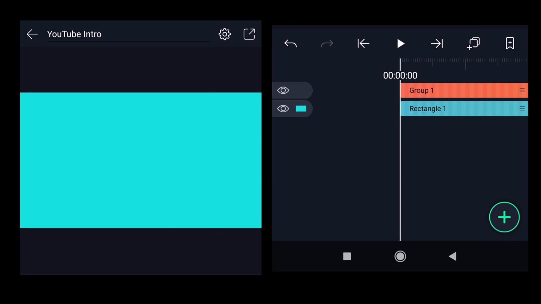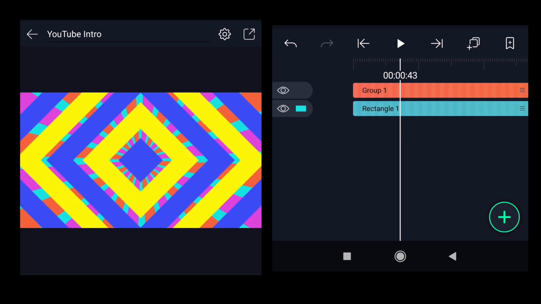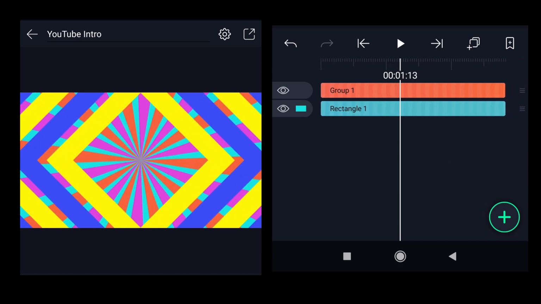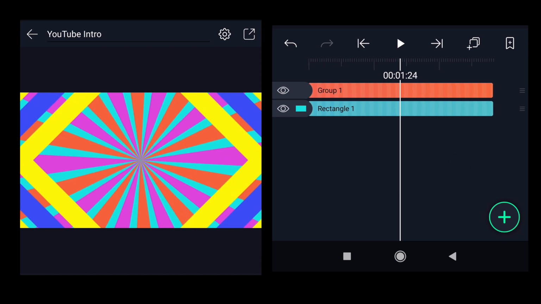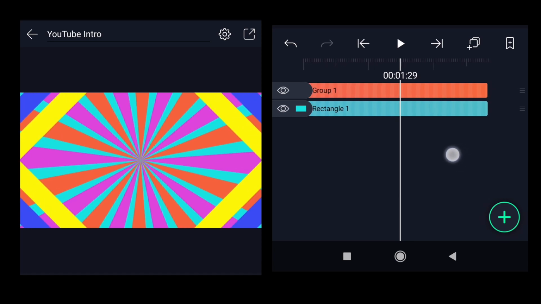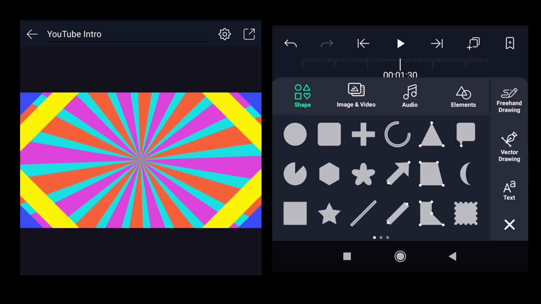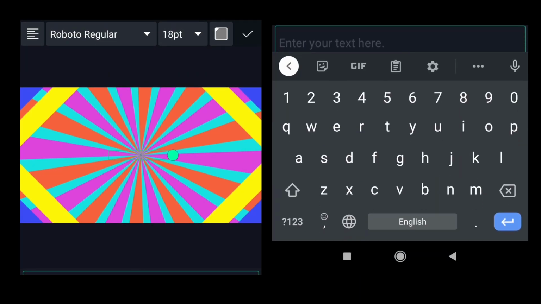Now let's create the animation for the naming. We will insert the text layer at a position where we think the group 1 animation is about to end, and then we will start the new animation for the name. So around 1 second 30 frames it looks like the group 1 animation is about to end. So that is the good timing where we should add the next layer. So click on the plus button, click on the text,